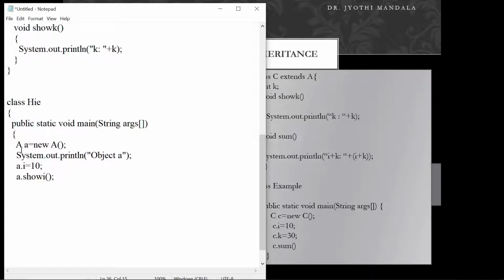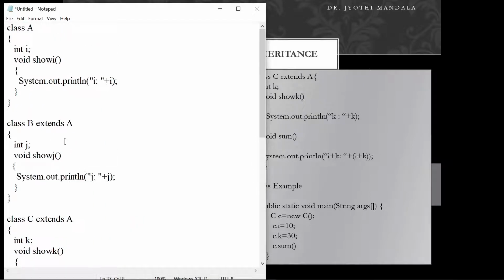Now I want to create an object of B equal to new B. I will be writing the same output for our understanding. This is an additional statement, because in the output you need to understand what is actually going on behind. Now this object B can access j and show j, and along with that it can access I and show I also.